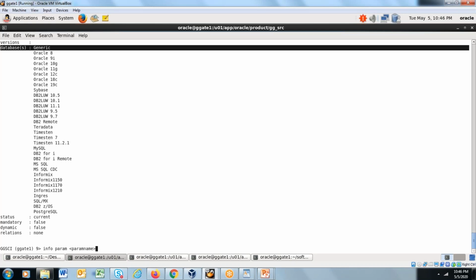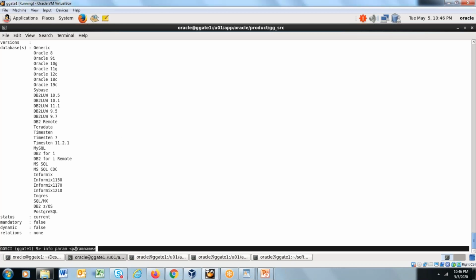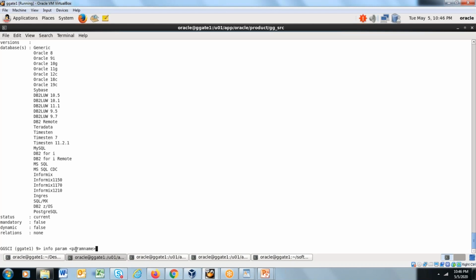They are plain English text. Not every parameter, but most of the parameters you can understand by looking at the parameter file. But if you want to see what that parameter does, you should do info param and the parameter name.